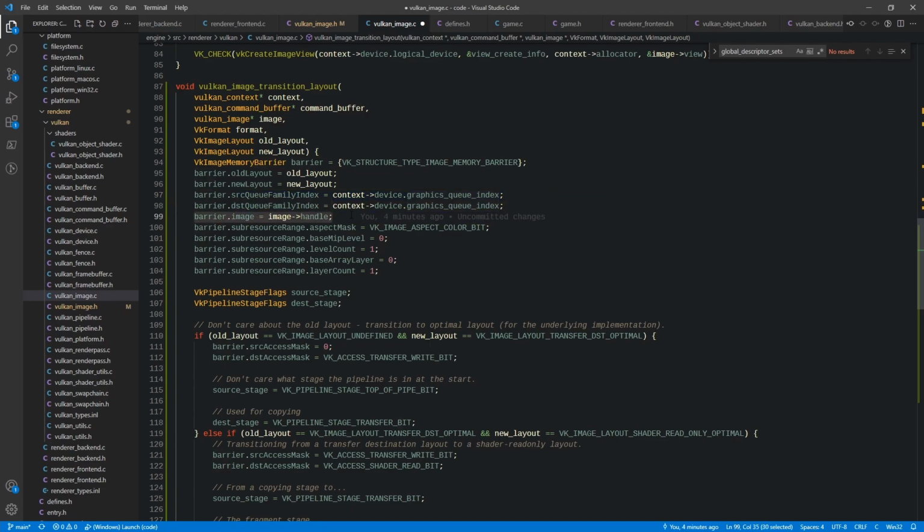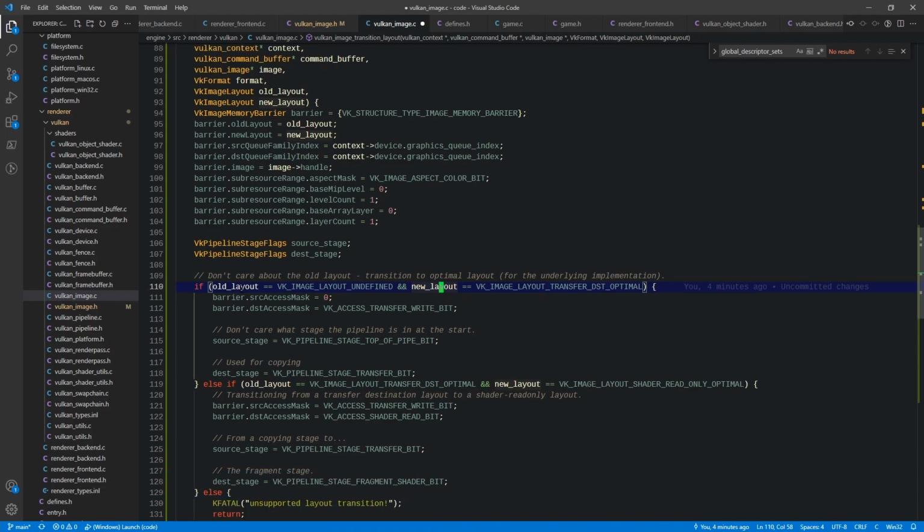Here is the image itself that is going to be transitioned. Again, the aspect mask, the base MIP level, level count, and all those things, right? And then here we define the source and destination stage, and these can change depending on what the old and new layout are. So basically what we're saying is if we don't care about what the old layout is, in other words, it's set to undefined, meaning take any layout whatsoever, and we want to also change that to transfer destination optimal, which means that we want to transition it to an optimal layout for the underlying implementation as defined